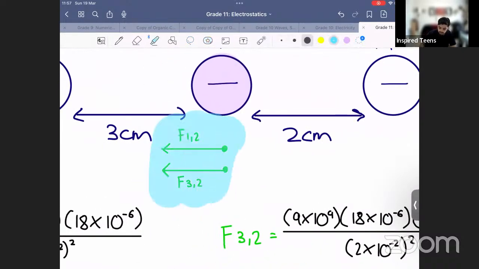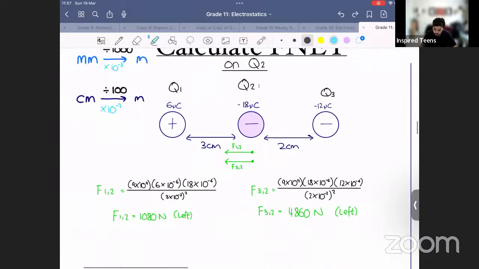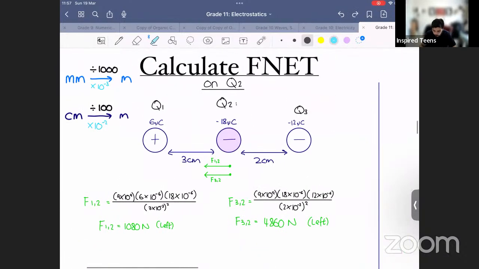What would we need to do in order to get F net with our two different forces that we calculated? Okay, 100%. When they are in the same direction, both left or both right or whatever,